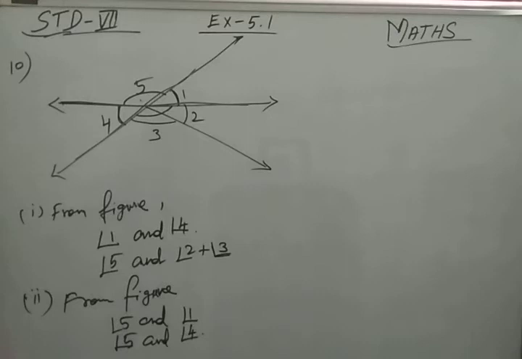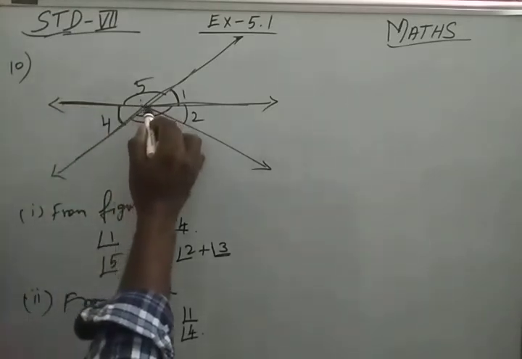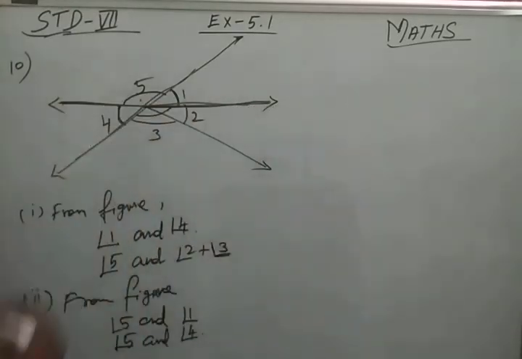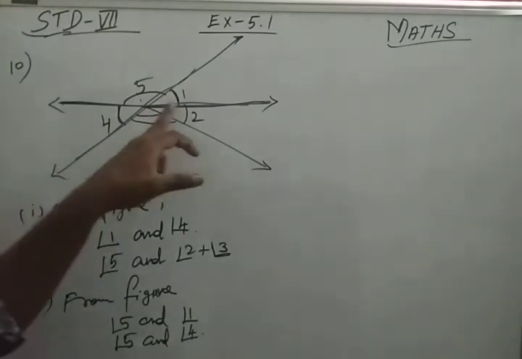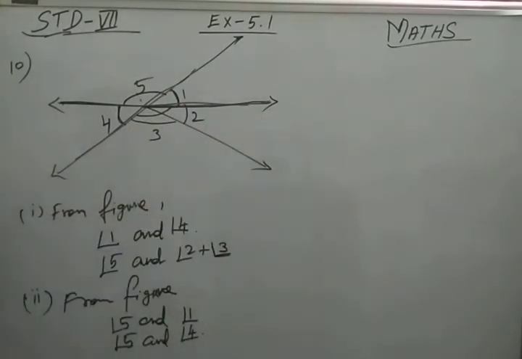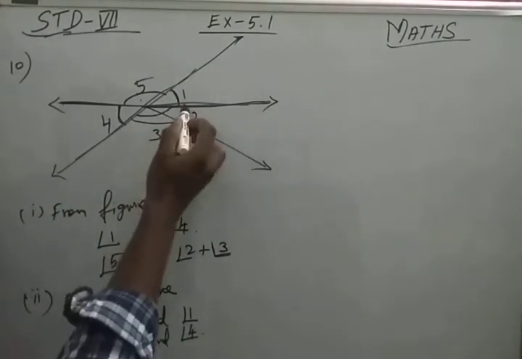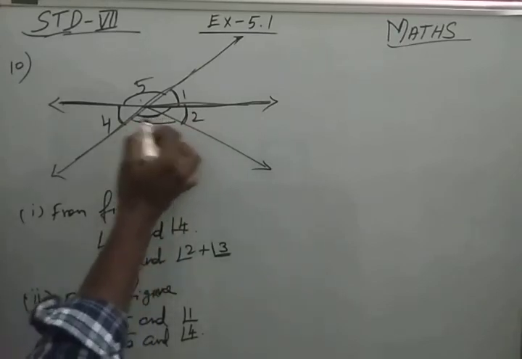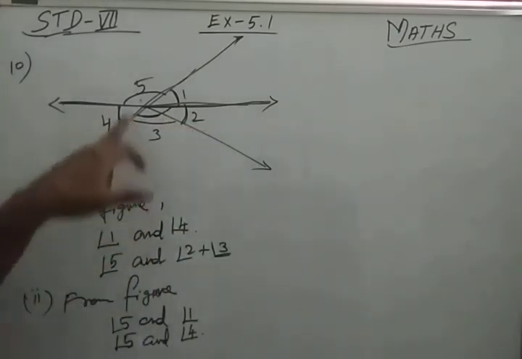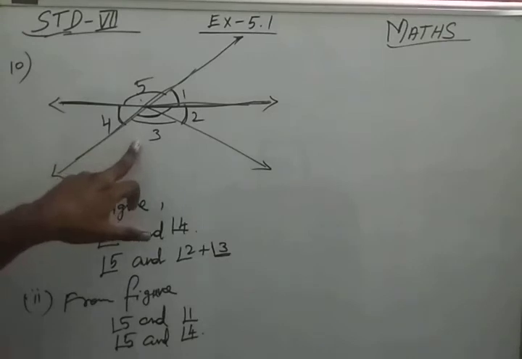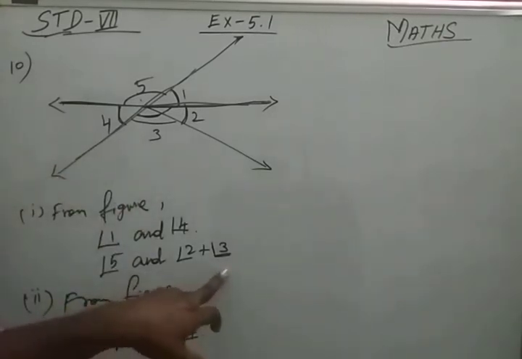One more thing I am telling you: in question number 10, you must be careful with the opposite angles, because here they have given one more ray. Don't get confused with this, because this may confuse you. For the confusion only, they have given one, so we have taken the angles together. Angles 2 and 3 we have taken together and given the values. Angle 5 is vertically opposite to 2 plus 3.